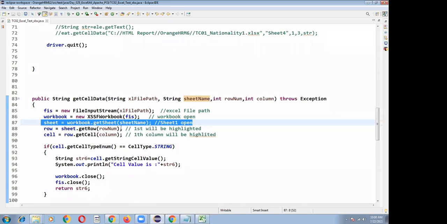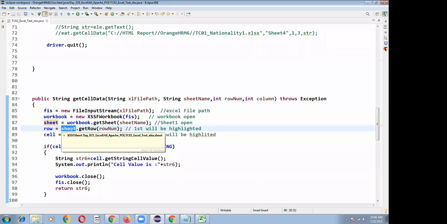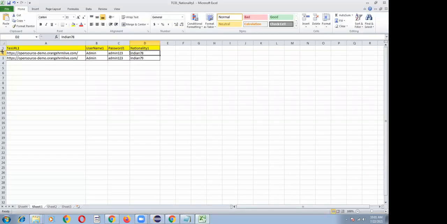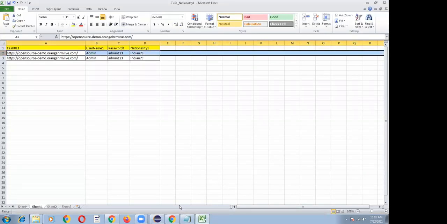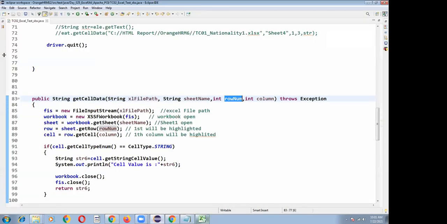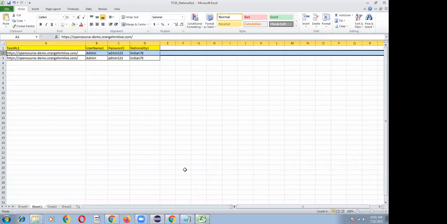Whenever the fourth line is executed, row is equal to sheet.getRow of row number, which means in sheet 1. The row number here is 1, so the first row will be highlighted like this. After that, cell is equal to row.getCell of column number, so the 0th value. In the first row, the 0th cell will be highlighted.